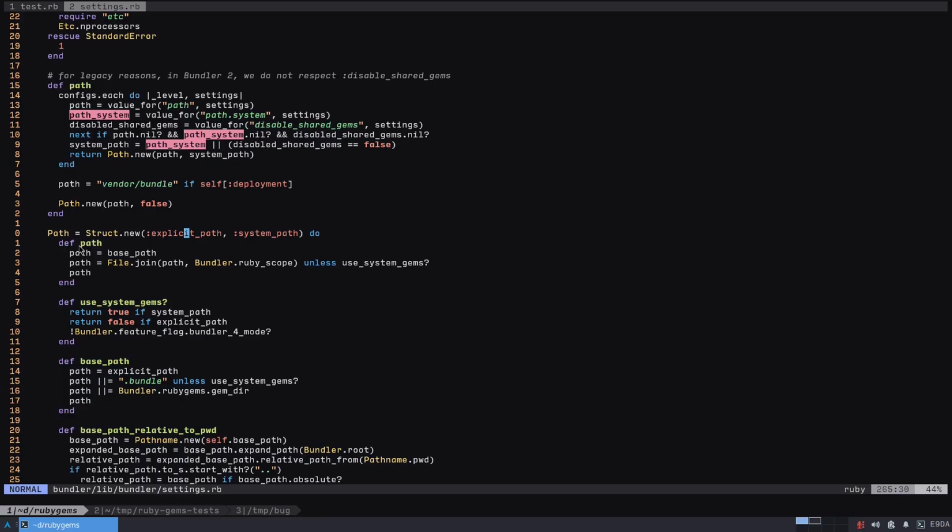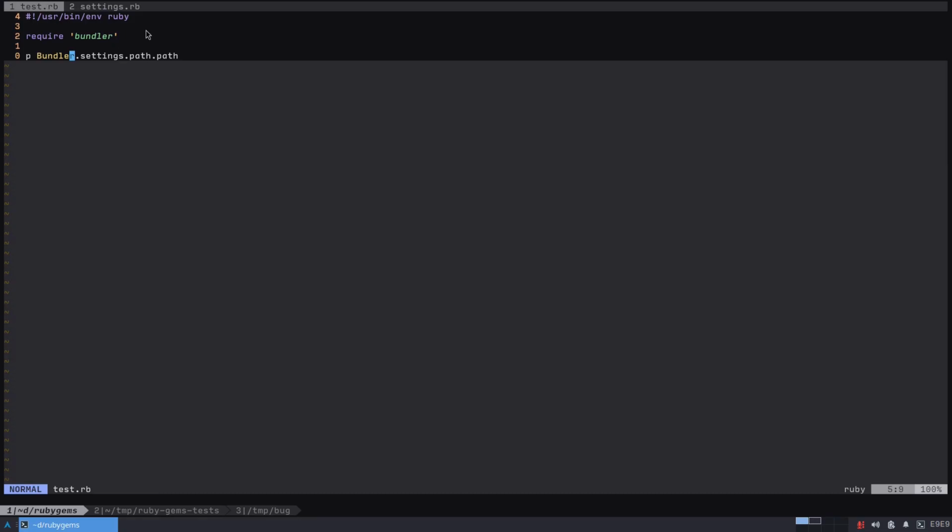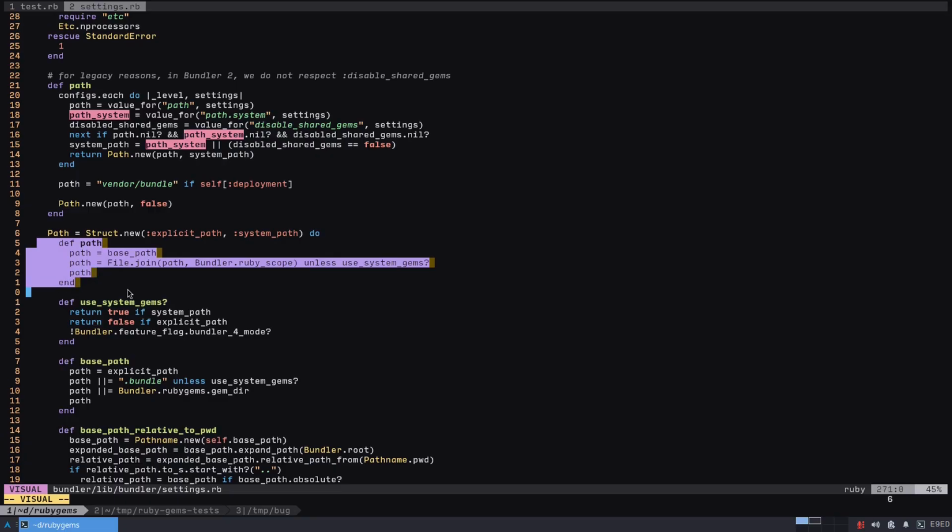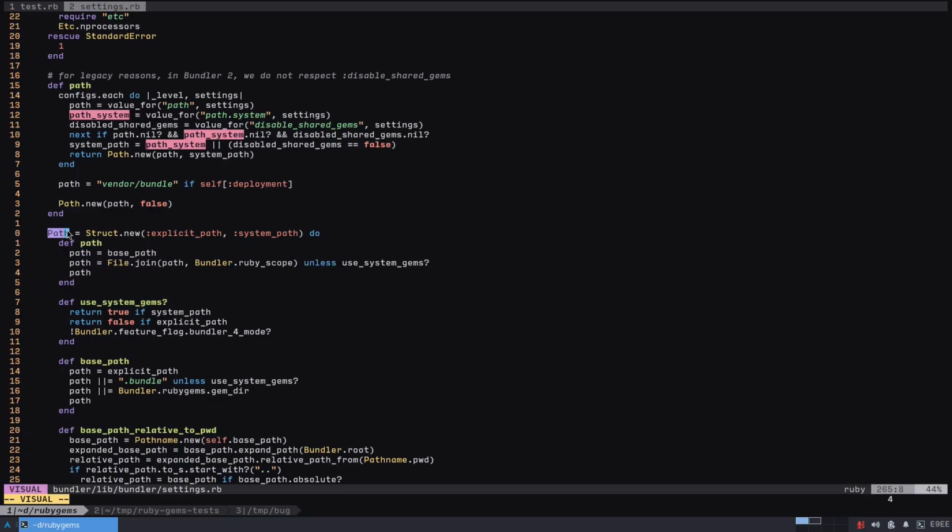So that's just going to set this to instance variables, but we are getting the path of the path. So we're calling this method on this object. So it returns path, which is going to be an object which has a method called path, which is going to be this,